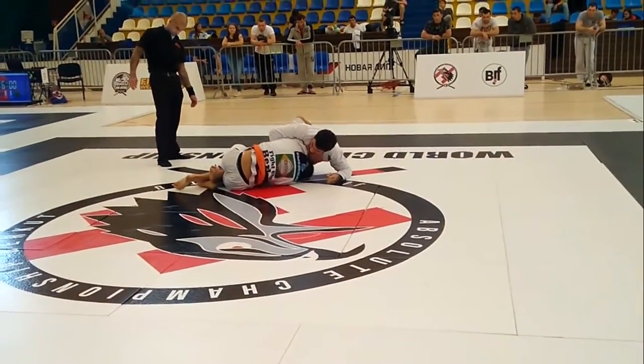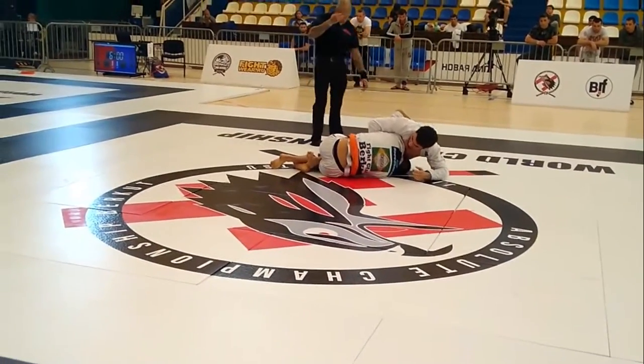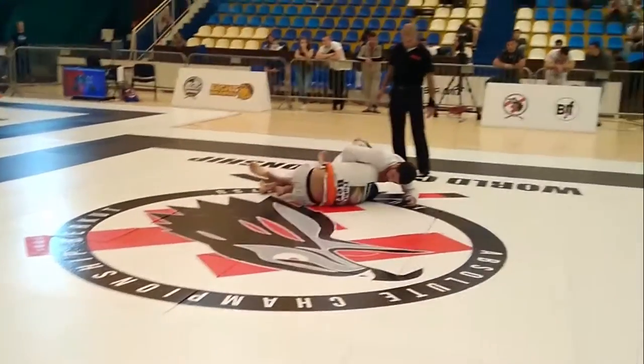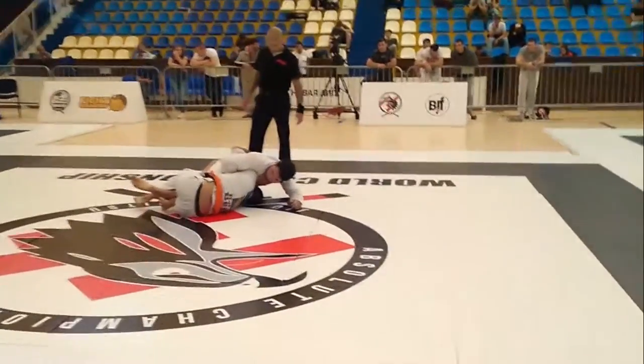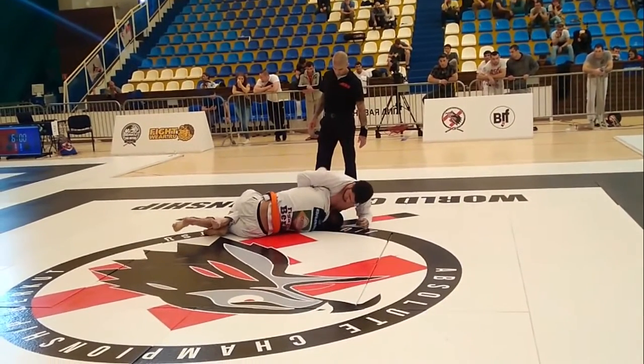But I would have to risk losing the leg. So instead, I fake coming on top just like this, and he always has to push me back. This tells the referee I'm working, and at the same time, I'm also triggering him to push back, which I can use later. What you can see here, my left leg has secured a very tight grip and low grip